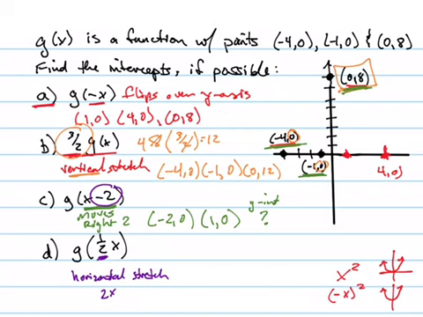So for this one right here, if I multiply the x value by 2, that's going to turn into -8, 0. That's a stretch. See how it's stretching it left? This value right here, if I multiply it by 2, it's going to become -2, 0. And this one right here, if I multiply it by 2, I still have 0. So I still have 0, 8. So those are your 3 points if you multiply the x value by 1/2. So what is the